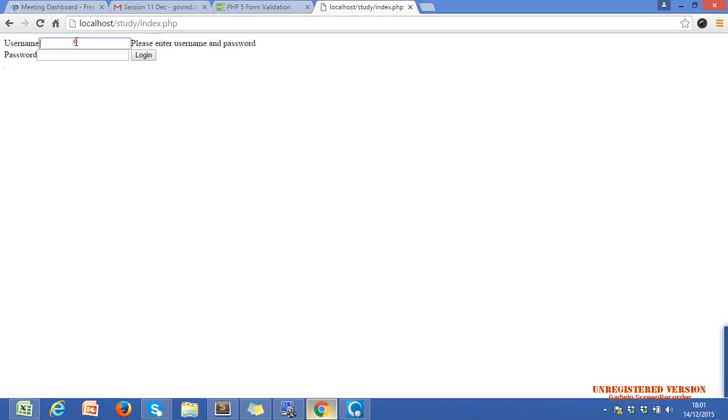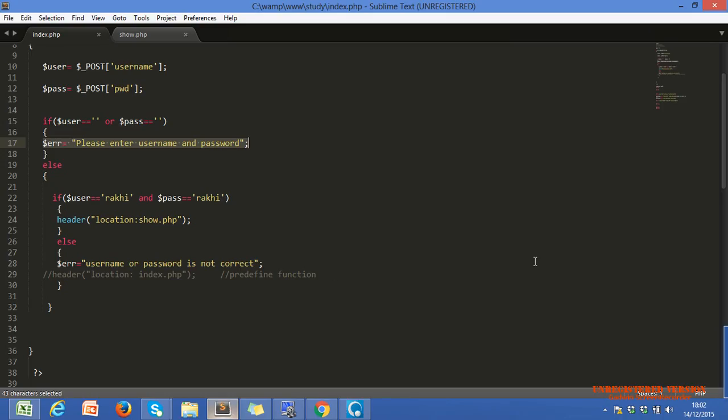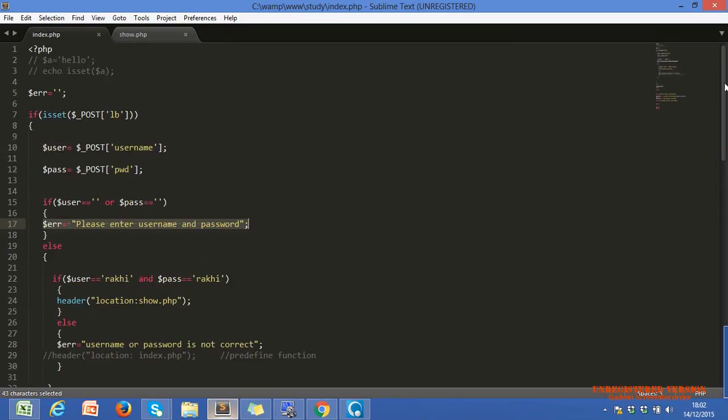When I enter anything in these two text boxes and click on login, we get the message username or password is not correct, which is the right message. Okay, how do we get that message? Let's see, we assign it here. How do we assign it here? Let's see.